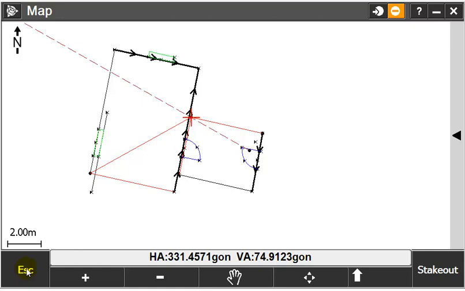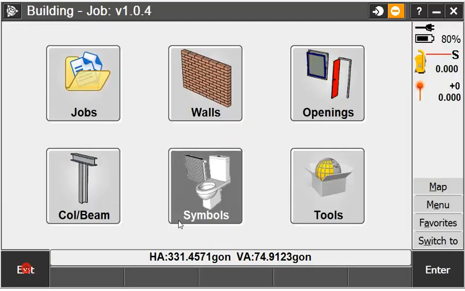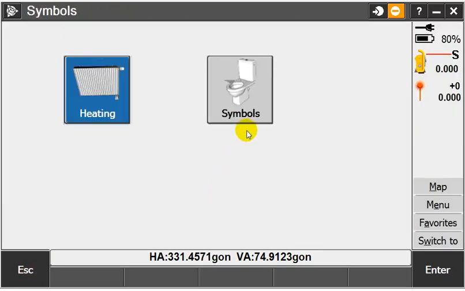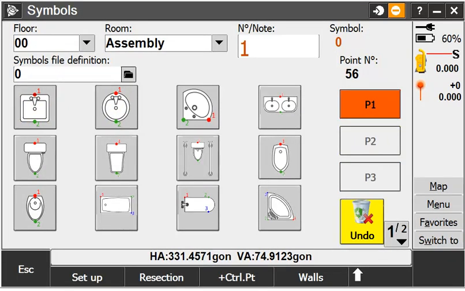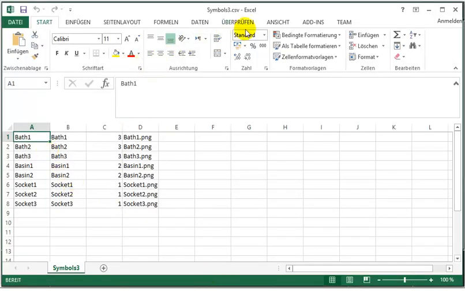Another important thing that we have added is that under symbols, it is now customizable. So what you are seeing here is the standard one, but you can define your own symbols through external files and also using your own icons. You see here the standard ones that the software creates, but you can also define your own ones via external CSV files. So for example, this is the name of the